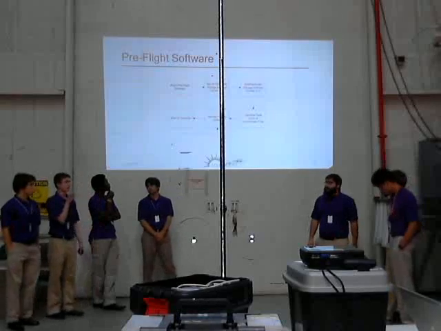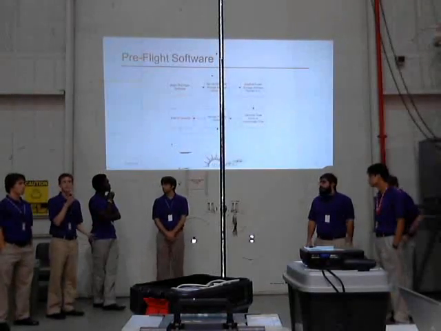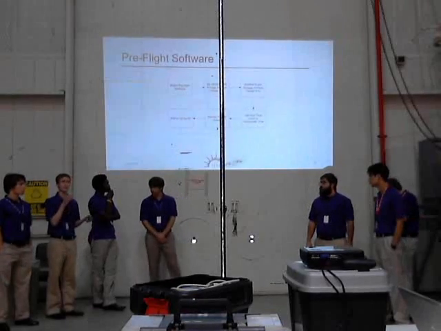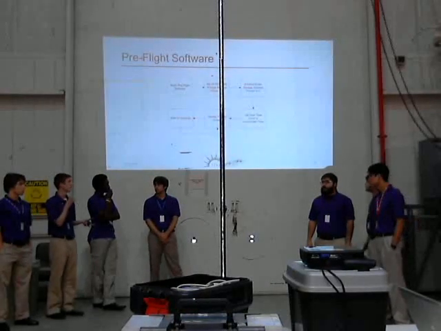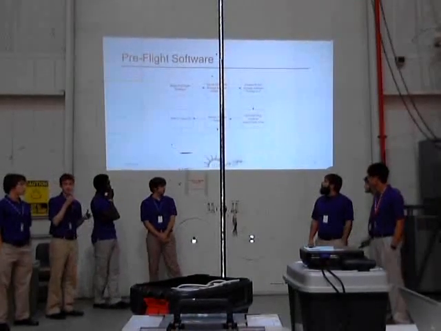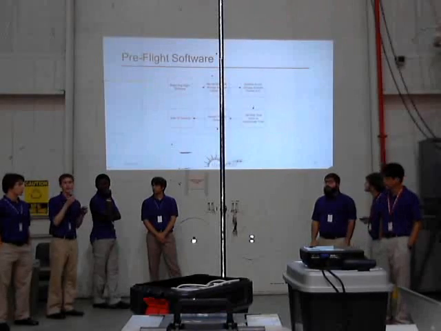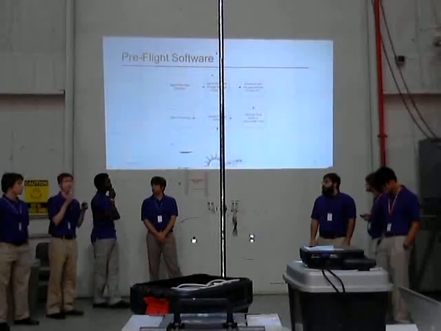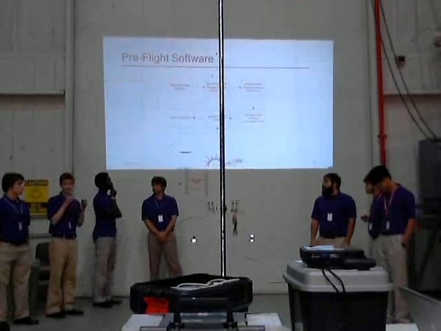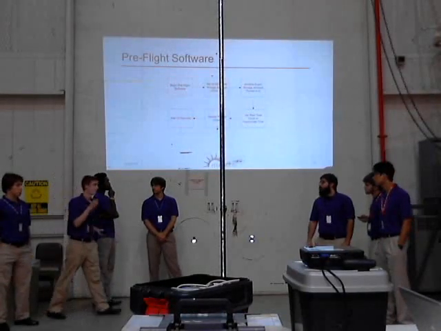The pre-flight software is generally just to get rid of all the data values that are stored on the EEPROM that may have been there as a result of testing, just to make sure we have enough memory to store all the data events that we will collect during our flight. And it initializes the first address that we want to save data values to, in case there's something we have previously saved on the EEPROM that we would like to keep. And last, it sets the real-time clock before flight software is run.